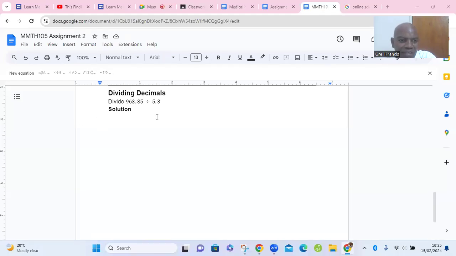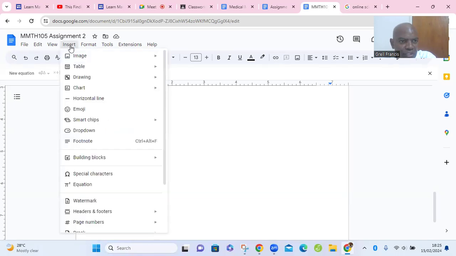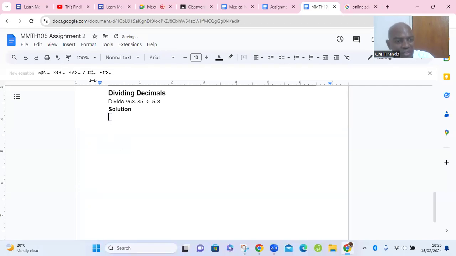Here we're going to divide decimals. For this example, we have 963.85 divided by 5.3. So basically what you do, you restructure this as a fraction. So the numerator will be the dividend, 963.85, and the divisor now,